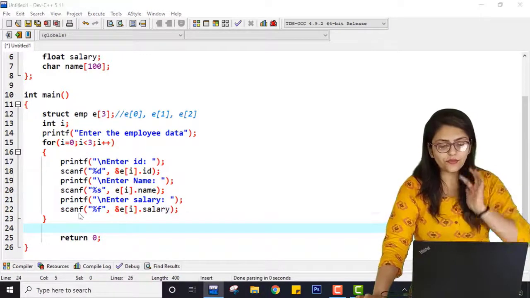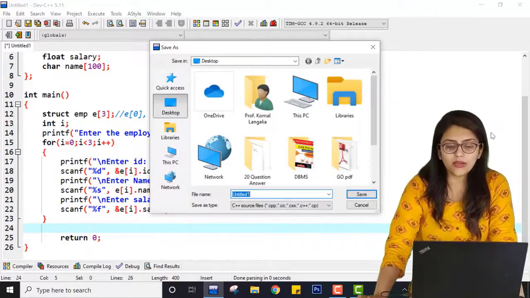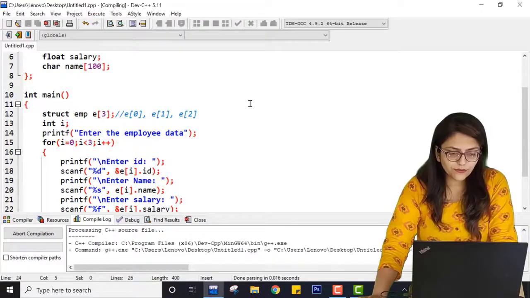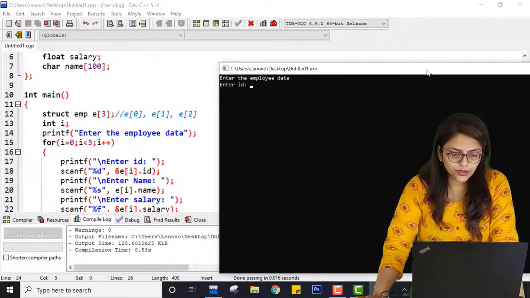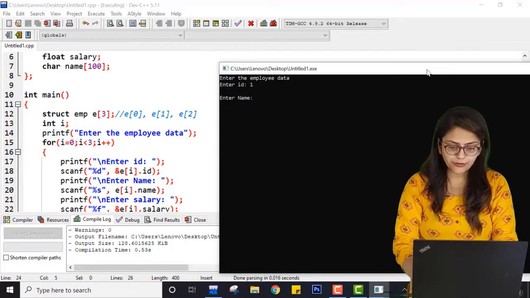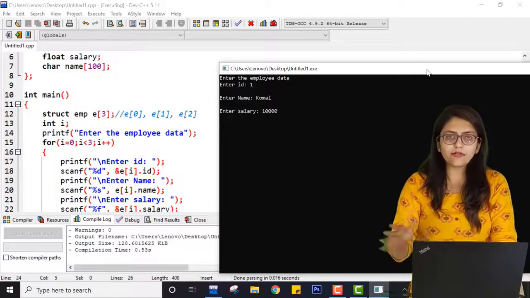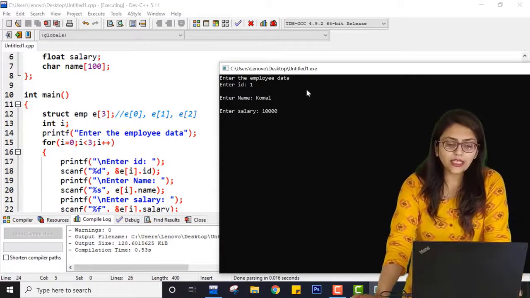Now let us check if it is having any error or not. Probably we will encounter one error that I am not revealing right now. Let us just check first. So compile it and run it. First enter the ID. I am entering 1. Enter the name, Komal, and enter the salary. So we are not encountering any error. I thought that